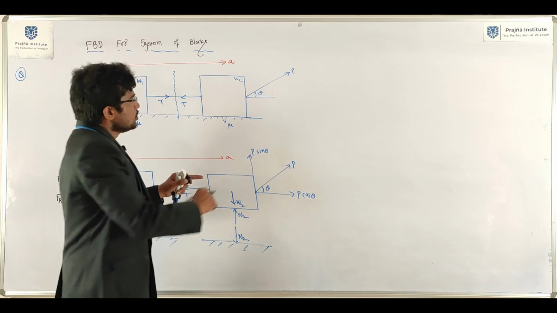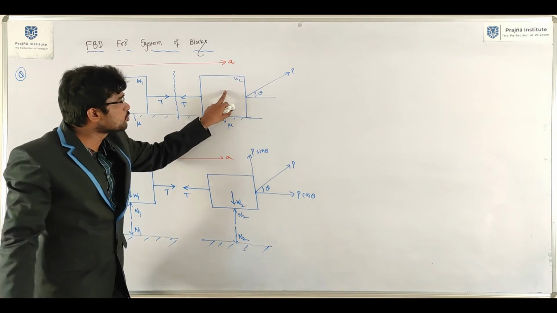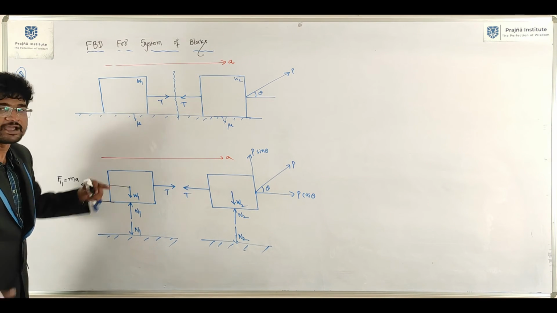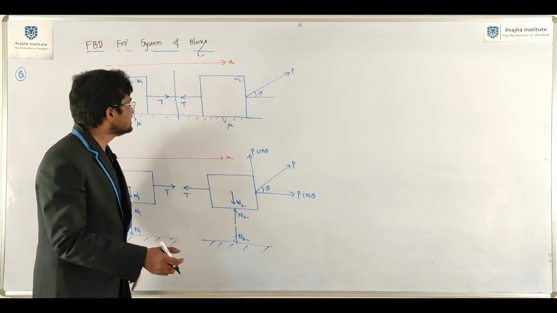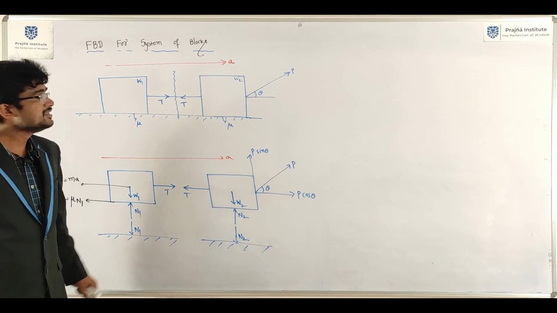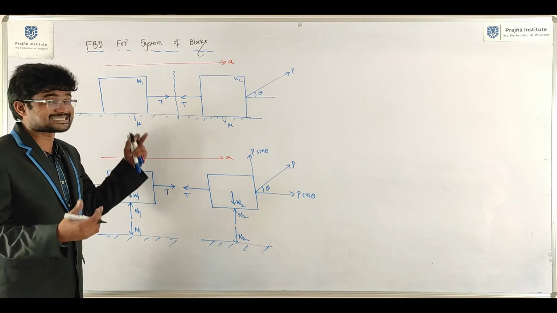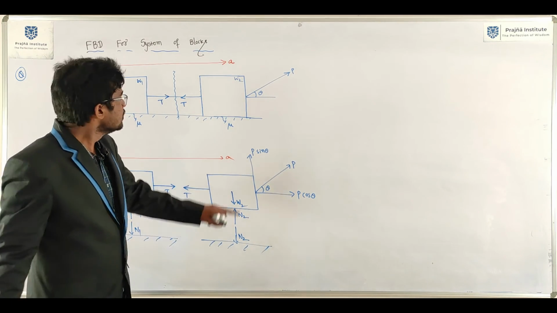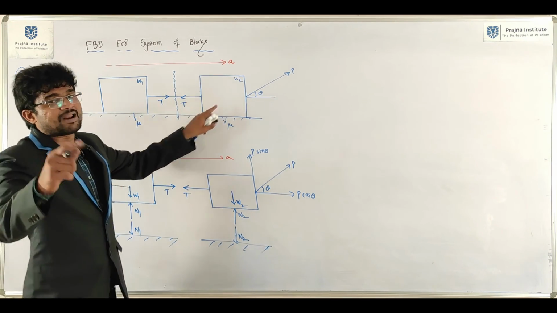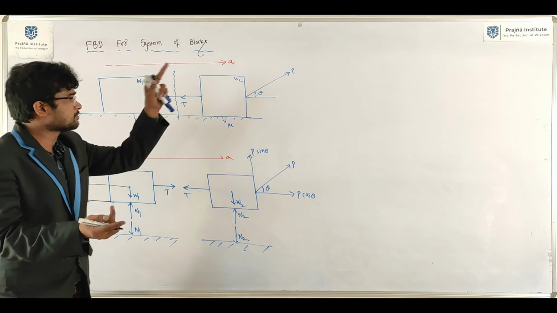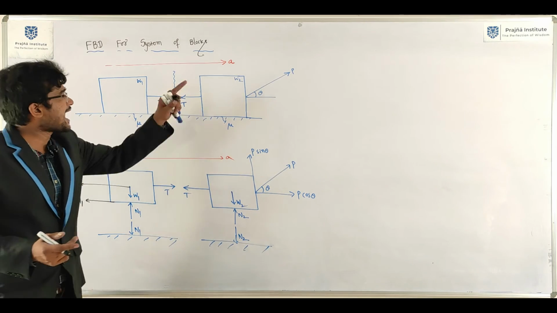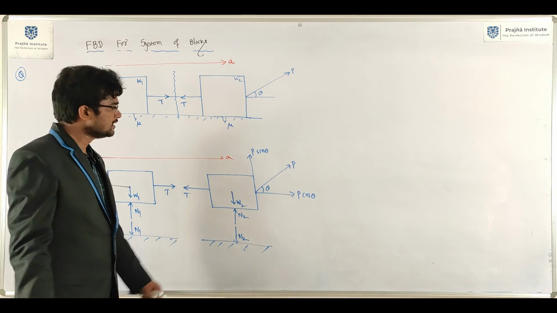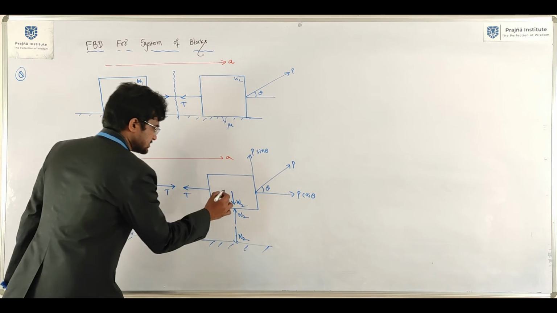How can you say this? You applied the force. The distance moved by block 2 is 5 meter. What is the distance moved by block 1? 5 meter only. Okay, it is an inextensible string. It is not extended. Okay, inextensible and stiff string. So in that case, the distance moved by block 2 will be equivalent to the distance moved by block 1. Velocity of block 2 equals velocity of block 1. Then acceleration of block 1 is equivalent to acceleration of block 2. That is the beauty. They both are having the same accelerations.